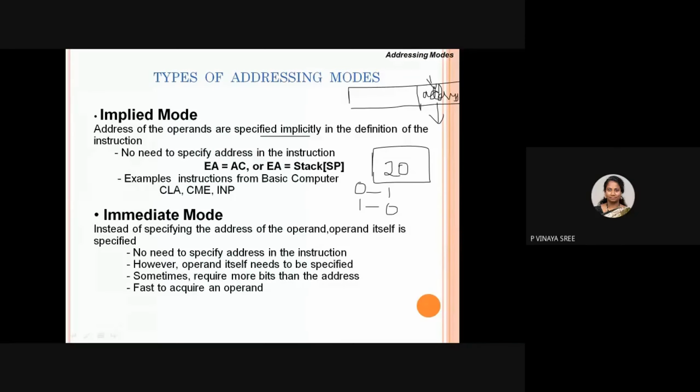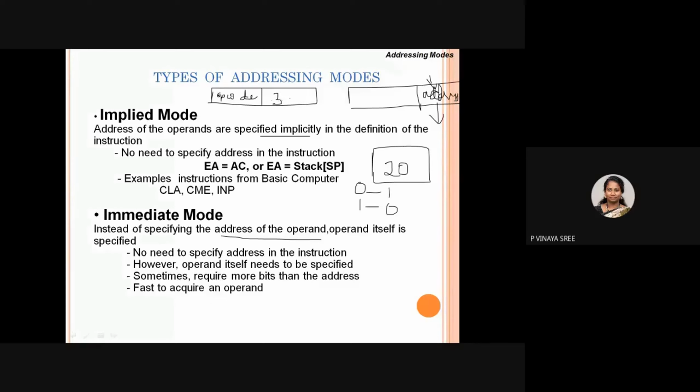Coming to immediate mode, instead of specifying the address of the operand, the operand itself is specified. Just now I gave an example: you have an opcode and a constant value. Instead of giving that constant value to be located at some address, I can give the constant value here as 3.